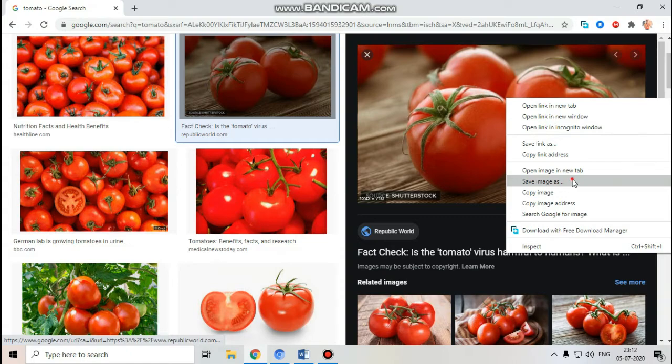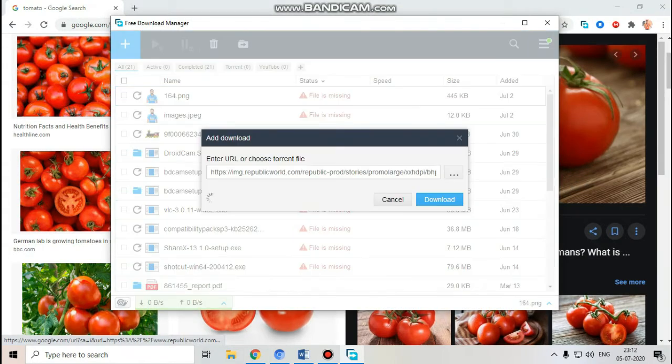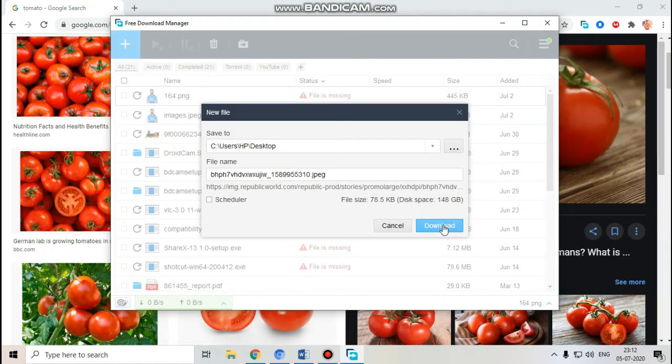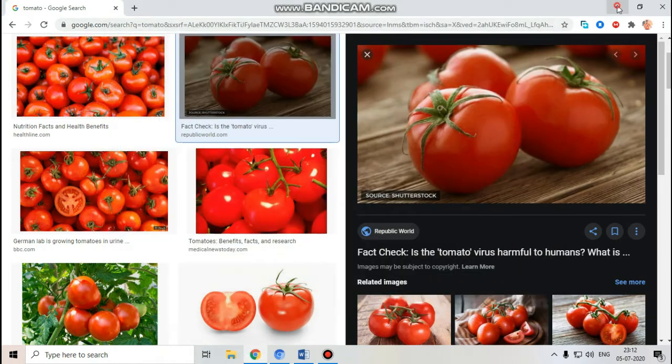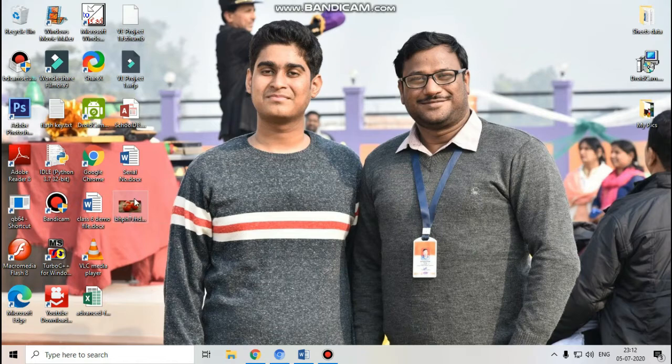You don't have to do any other thing. You don't have to use any other option. Use save as. After saving as, it will ask you to download, so you can directly download on the desktop. Don't worry, it is appearing on my screen only. You won't get it. So now let's see. This is a picture of